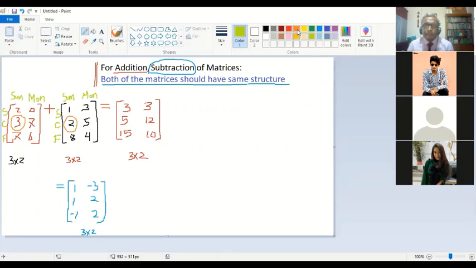Or it can vary from person to person. Like one person is taking one matrix, another person will take the other one. Very good. It is a good thinking. I'm not saying the previous person was wrong. That is also correct, but this is more understandable, more logical. One matrix is for one brother, and the second matrix is for another brother or sister.